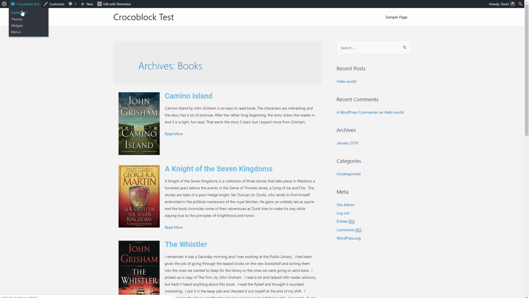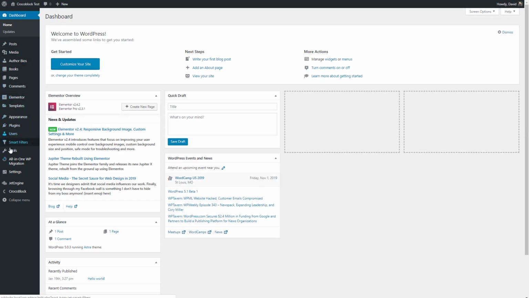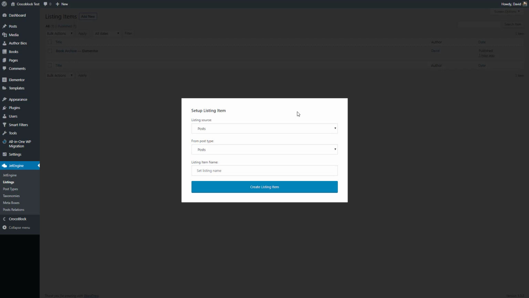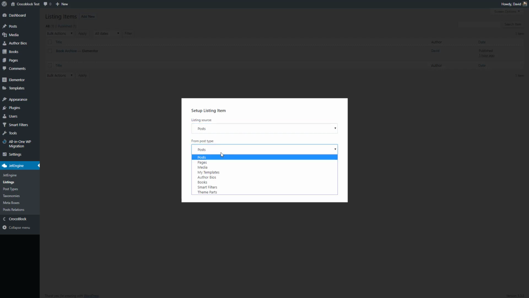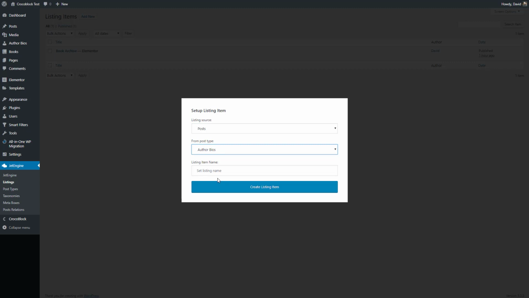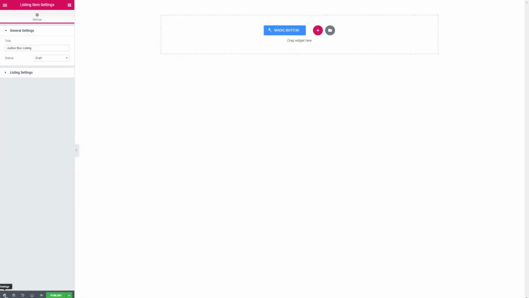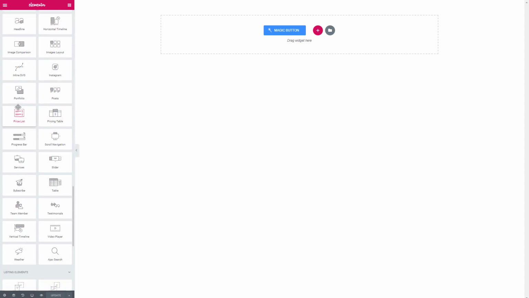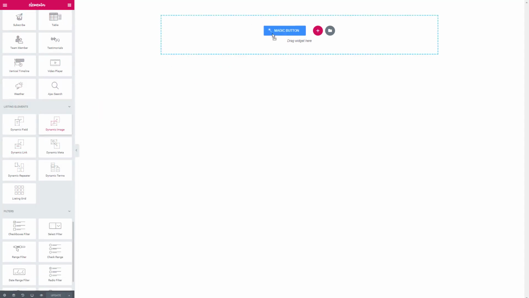Now I want to create another listing. This one will be for an author box on the single book. Okay, I think this is already assigned, but I want to just check it here. I've kind of gotten in the habit. Okay, so now let's add, I want to use a single column, and we'll add an image,